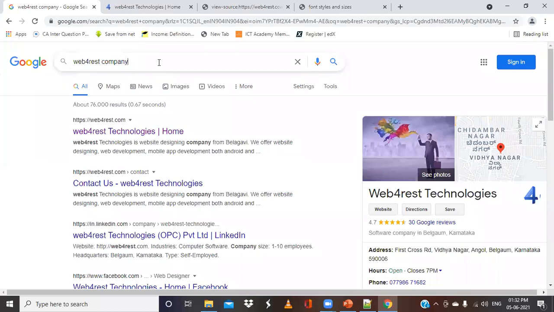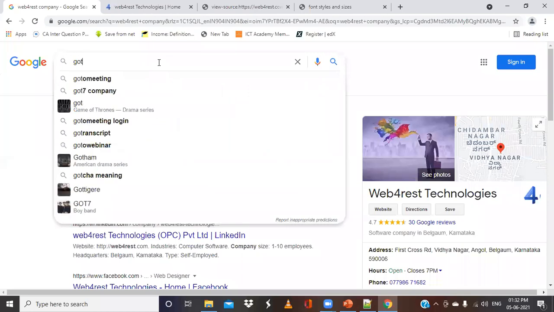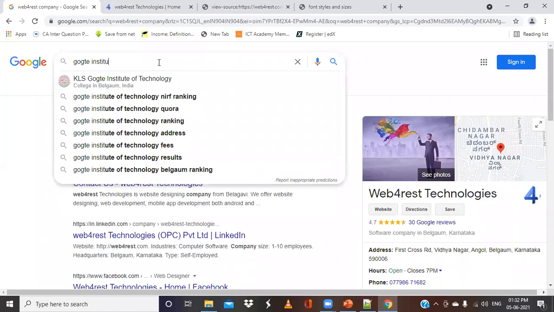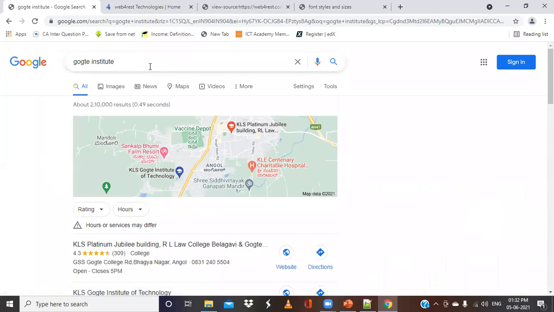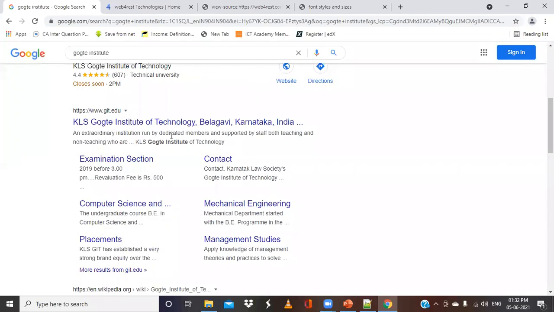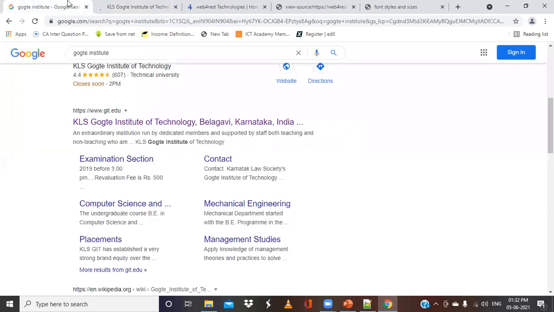So similar to that, yes, I can search Gupte Institute. I have not typed the entire name, but I have just typed Gupte Institute. So what I'm getting is different links here. This is what we call the description that is appearing. If I open this particular website and right click on this, it is taking some time to load. It depends on the bandwidth and other things.